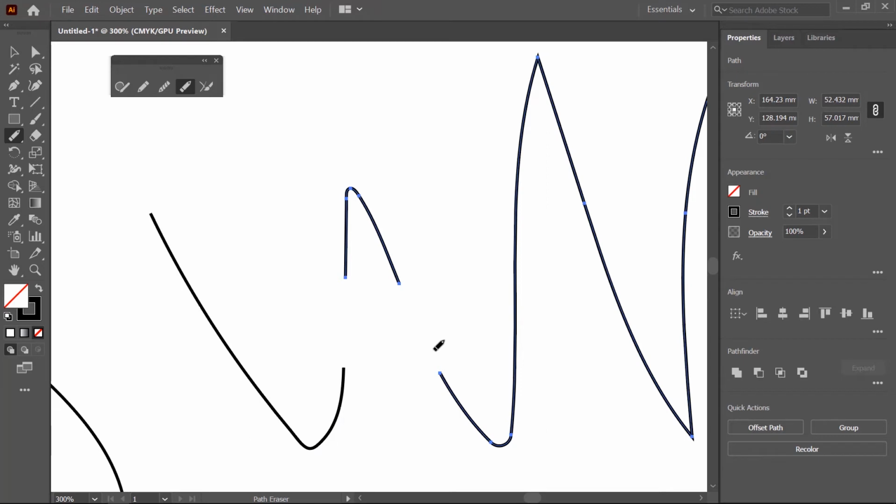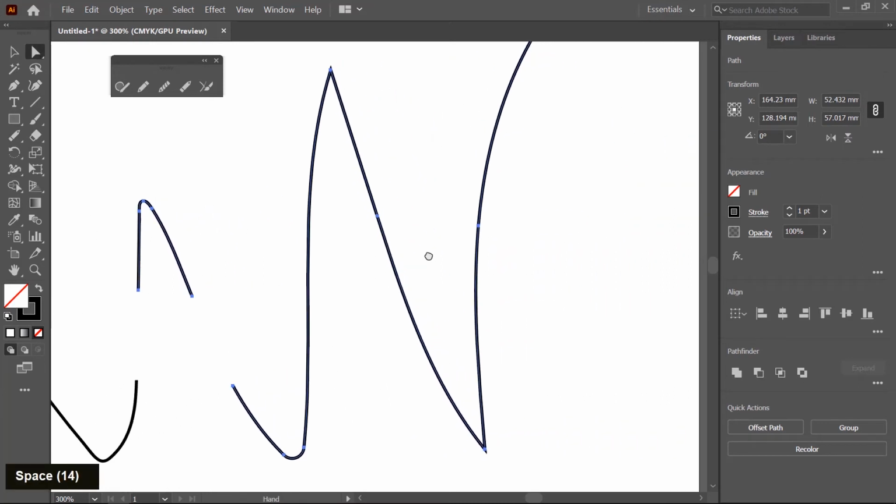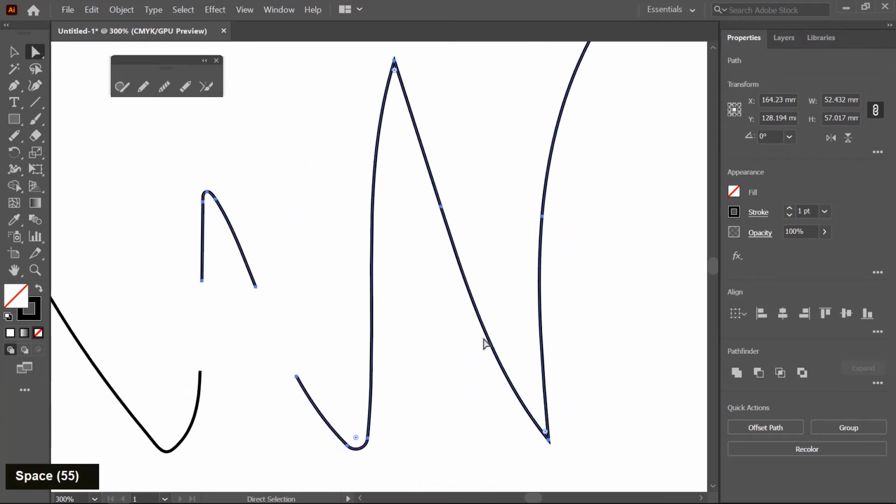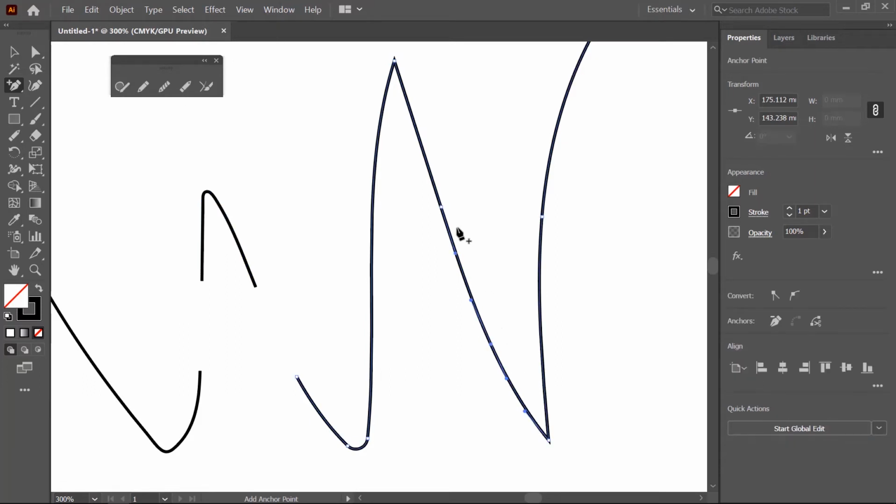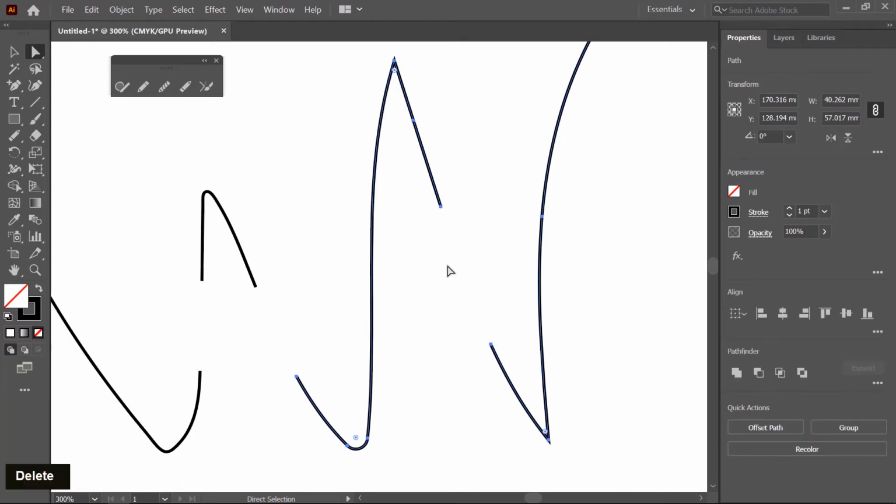But we also have another method to delete this path. I switch to the Direct Selection tool and then select this path. Actually there is no extra point, so I have to create an extra point with the Add Anchor Point tool. So I click on this, a point will be added like this, then switch to the Direct Selection tool and click and drag, the path will be selected, then delete. So it's an alternate method to delete segments.